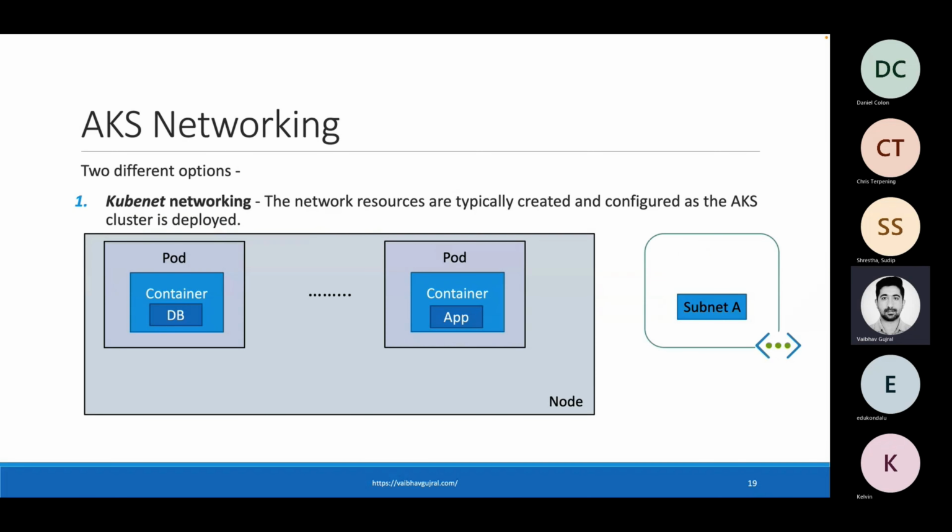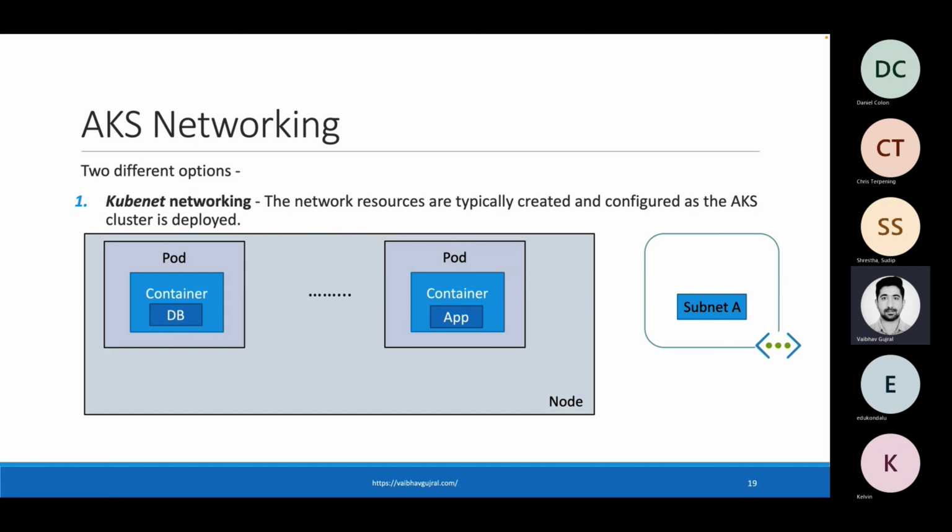There are a few concepts that I wanted to touch upon when you're working on AKS to give you good insights into the power that comes with AKS. One of the aspects is networking. When you are setting up your Kubernetes cluster, networking is a key consideration. And when you are setting up AKS, there are two different ways you can set up your networking inside your Azure Kubernetes Service cluster. You have to think about a node, and your node will run your multiple pods,